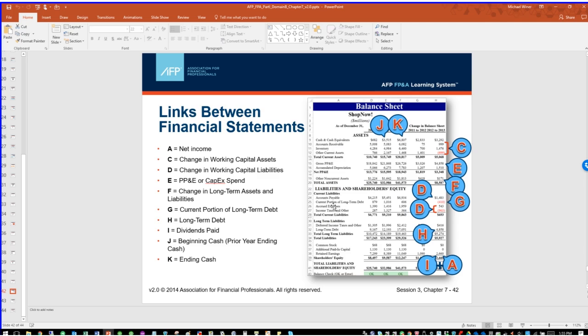Remember I said that these items are not necessarily paid in cash at the same speed or rate that they hit the income statement, but to the extent that they're different, they'll affect the balance sheet. So that difference in cash gets picked up here. And notice that they've skipped over current portion of long-term debt because, as we talked about, that is labeled G. That's going down into the investing section. Investing or financing? Financing. Okay.